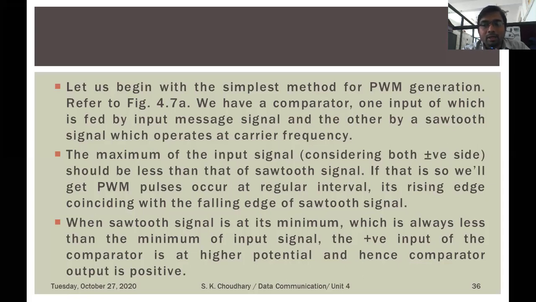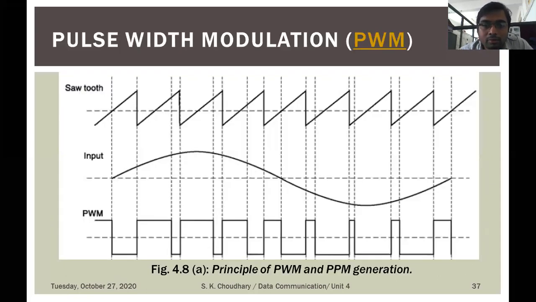As the input signal is applied to the non-inverting terminal, we obtain the positive signal pulses at the output of the comparator. This could be understood with the help of this waveform. Everyone note down this waveform. This is very important and simple to understand how to generate the PWM signal from the comparator.